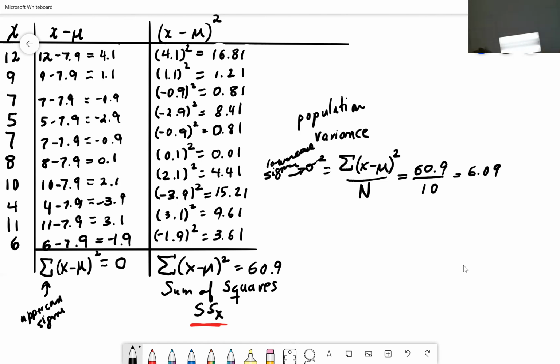Now, remember that our population standard deviation will be the square root of our variance. In other words, since we squared everything, we squared all those numbers, the way we get rid of squares is we square root. So we're going to go back to what we wanted initially, because remember, we wanted to get